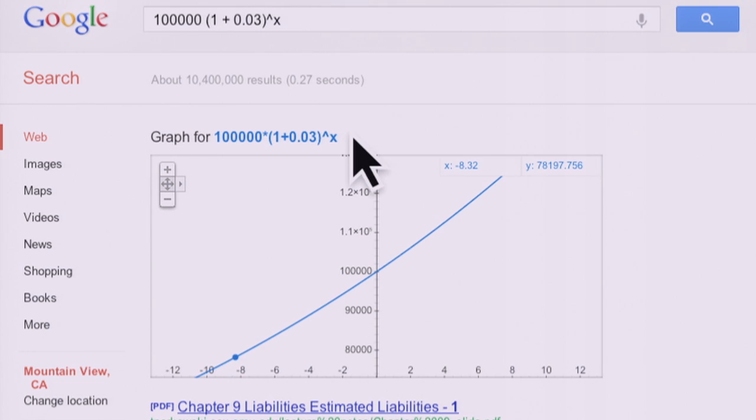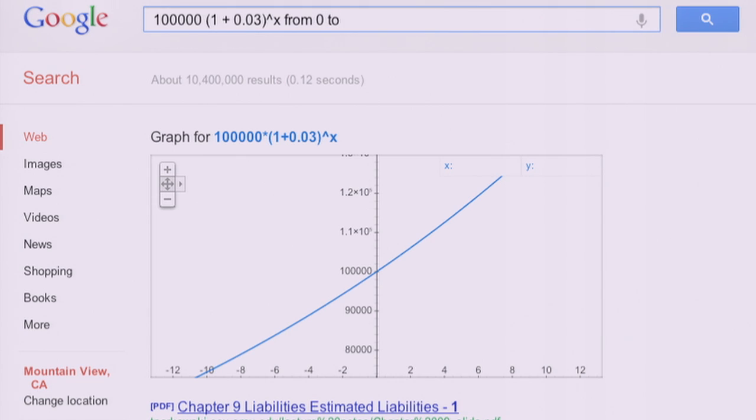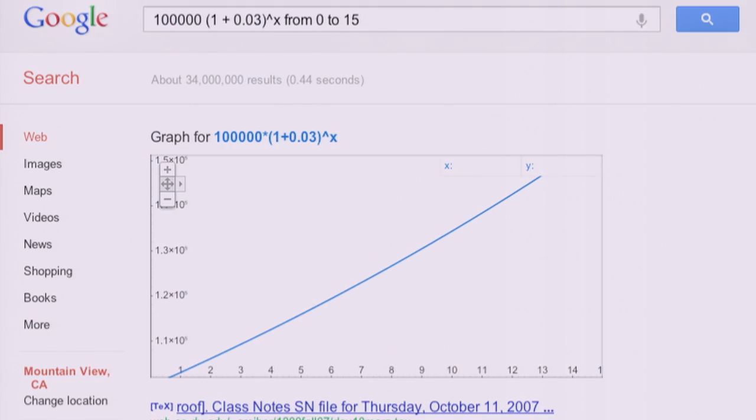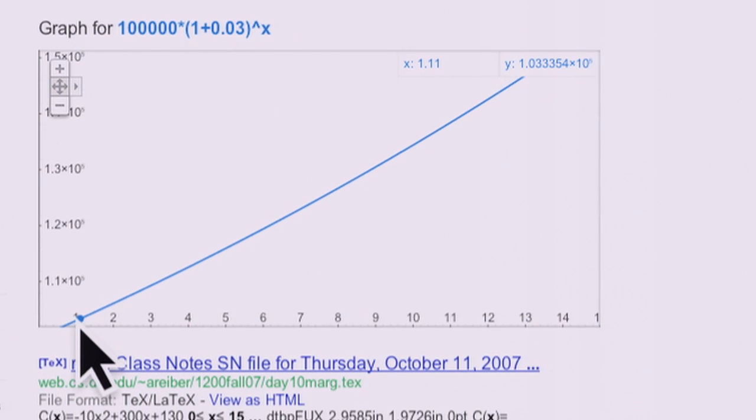Of course, it doesn't make any sense for us to try to compute interest for negative 2 years. So let me change this expression just slightly. I'm going to add the condition from 0 to 15. This means from 0 to 15 years. And you can see it only starts to make sense here about 1 year out. And if you look at the y value up here, watch that number. As I move the cursor over the graph, that number will change. So you can see here at 1 year, you're paying about